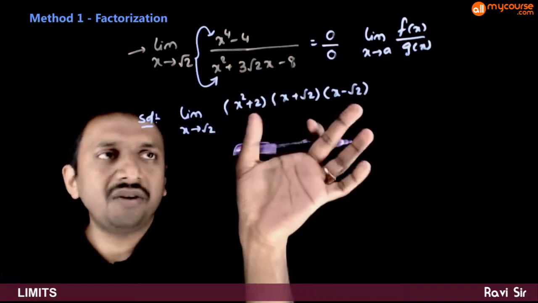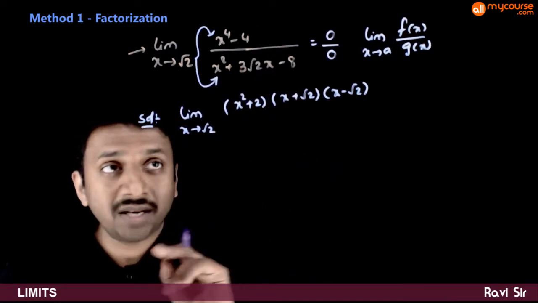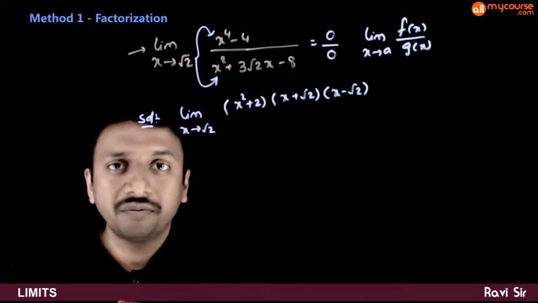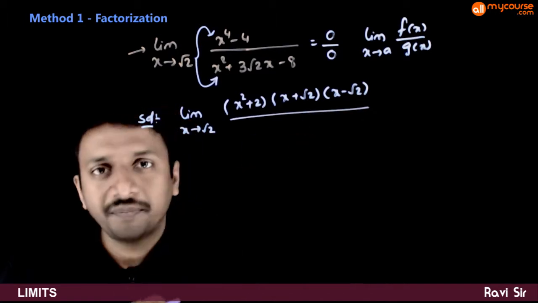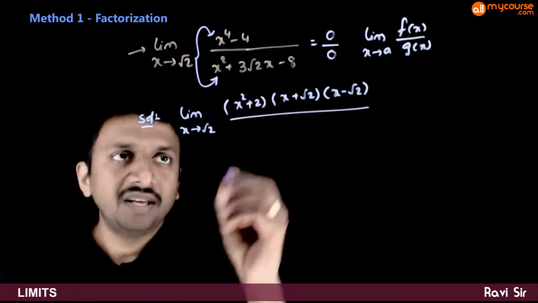So this is a very straightforward factorization. So x plus root 2 into x minus root 2 is x square minus 2, and x square minus 2 into x square plus 2 is x power 4 minus 4, divided by x square plus 3 root 2 x minus 8, which is